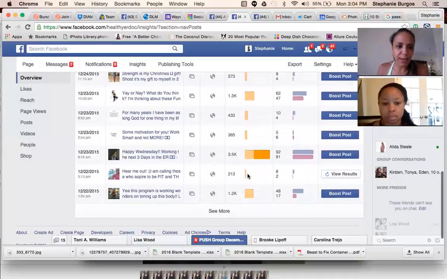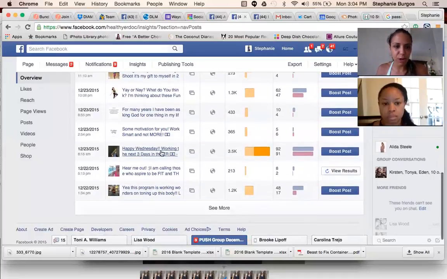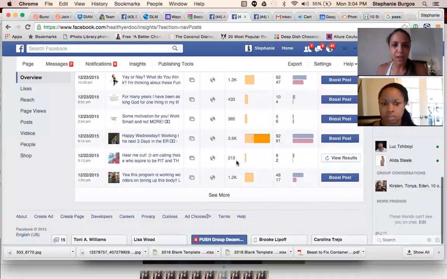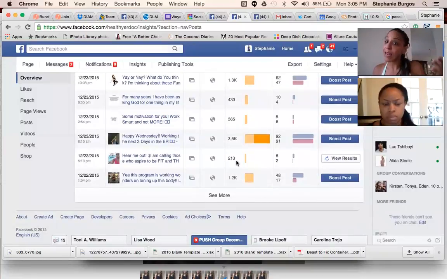But at the end of the day, this was a doctor post and it got 3.5 thousand, so it was already doing well. Since I knew it was doing well, I boosted it for $2, $2-3. And I got even more people to come and like my page, and to more people. So I'll show you, for example,